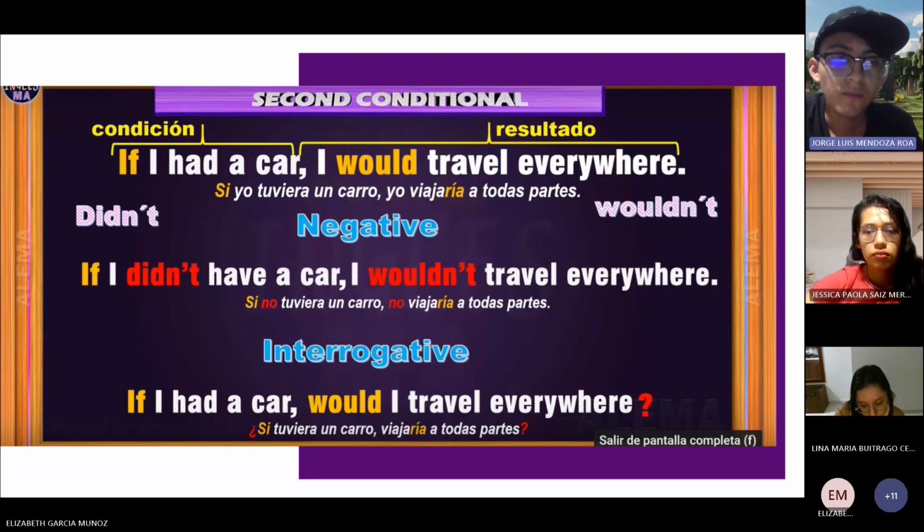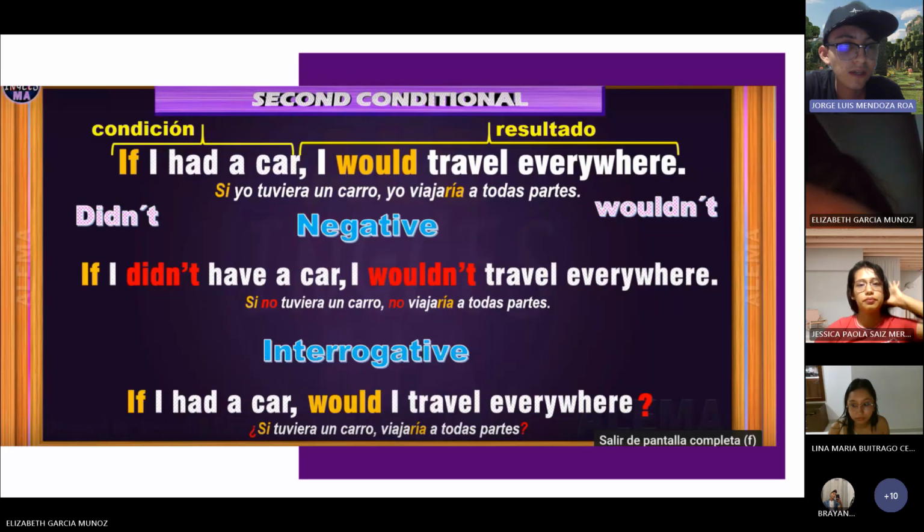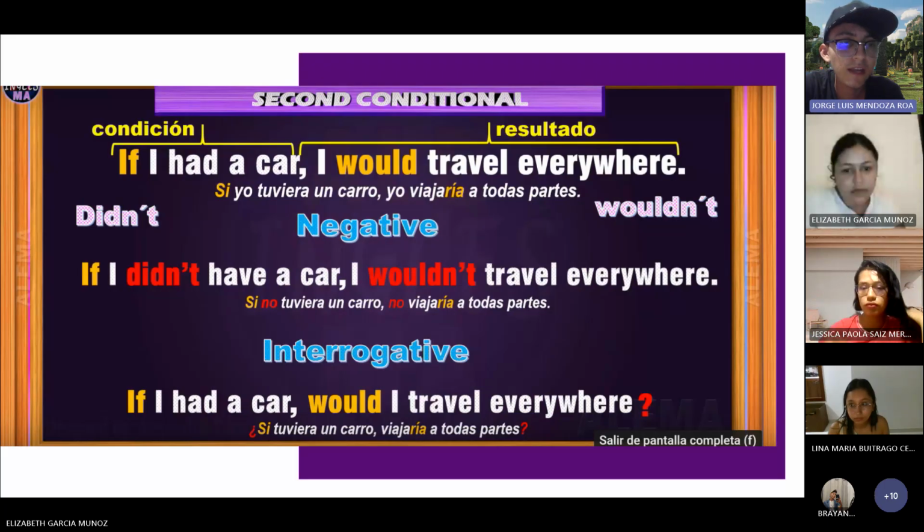In the negative way, we need to change this part because, for example, we use the clause that is if, then we use the pronoun, in this case I, and now we need to change the verb in a negative way. This is because in this case we are using the past simple. For that we need to use the auxiliary did. With the contraction it will be didn't. For that it will be if I didn't have a car, si no tuviera un carro, and then we need